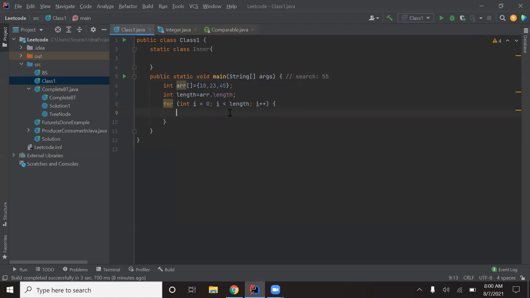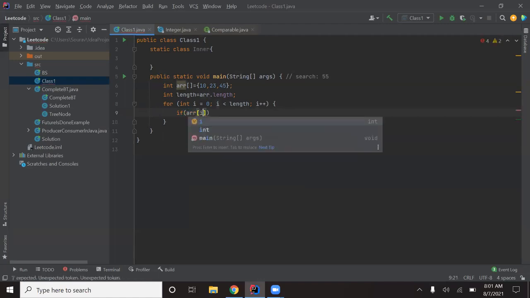Okay. So what I am doing here, I am just running a loop, and as you told, it is correct. I will go through each and every element and check if array at i equals